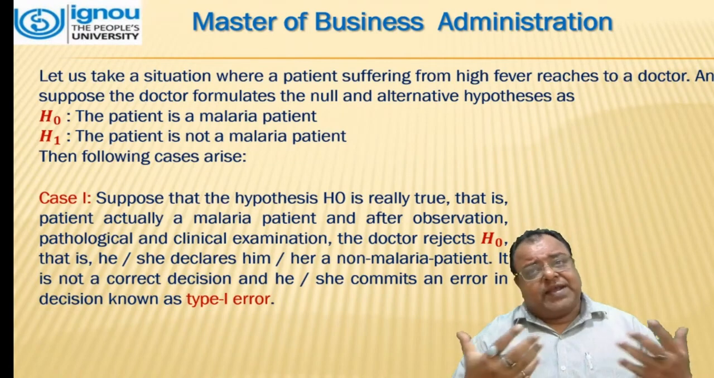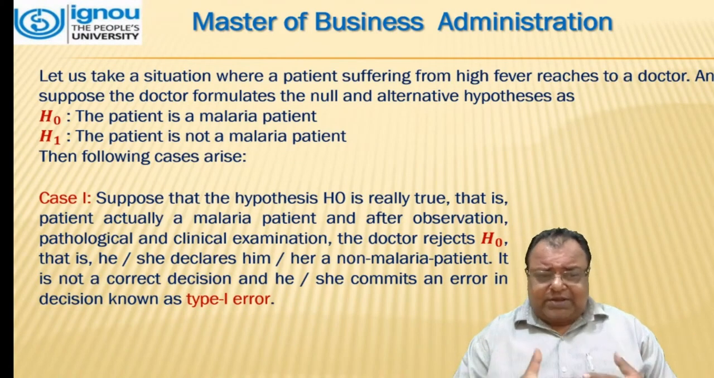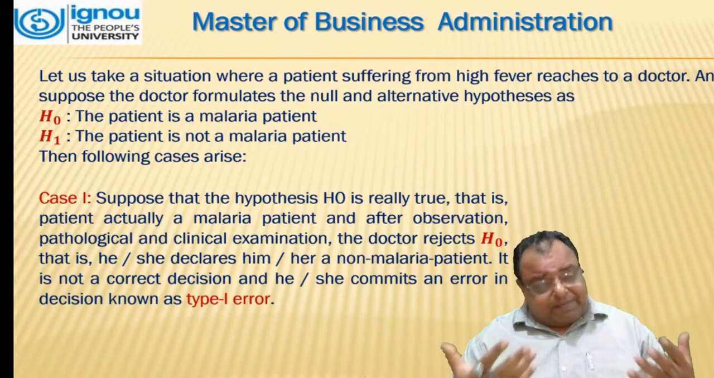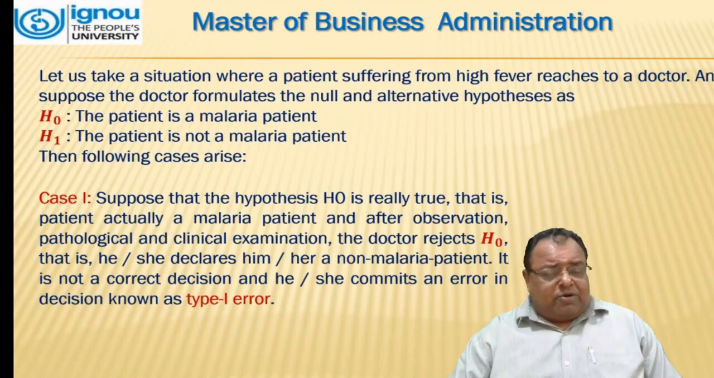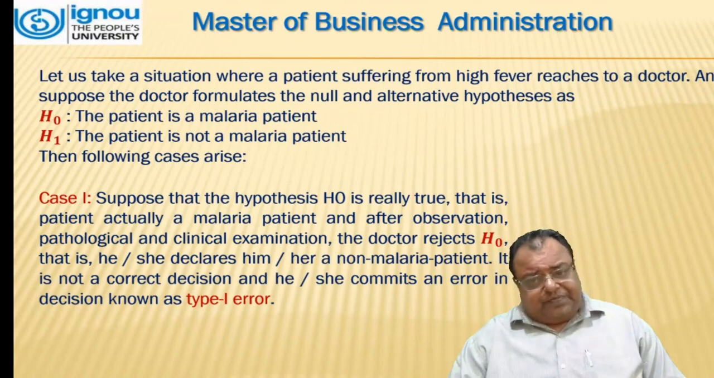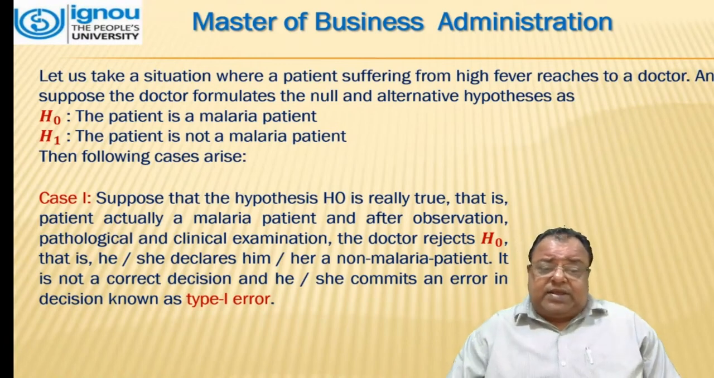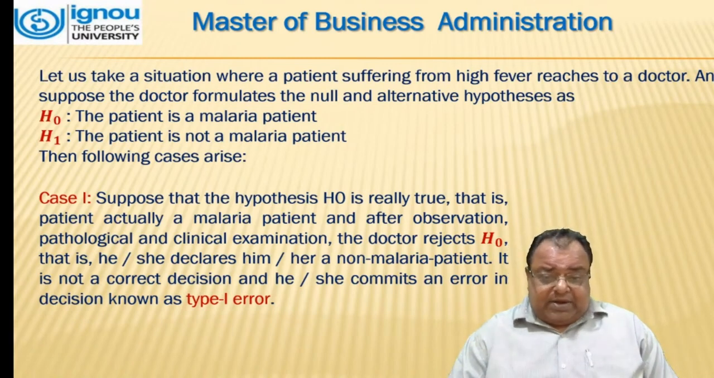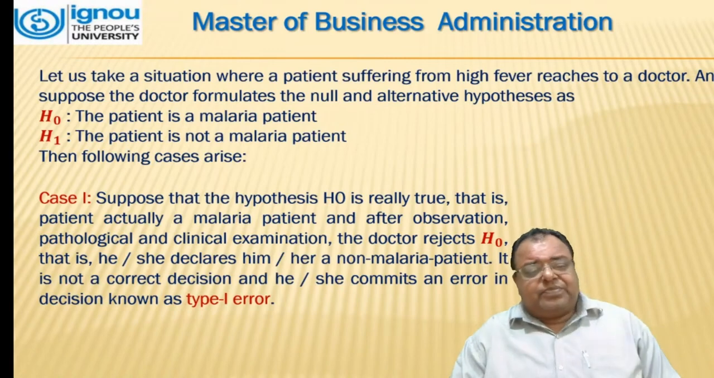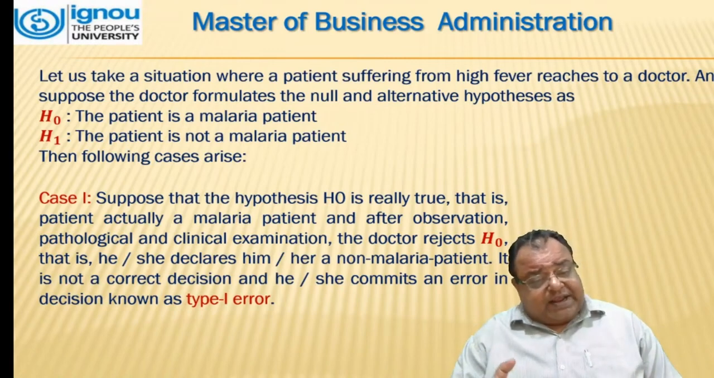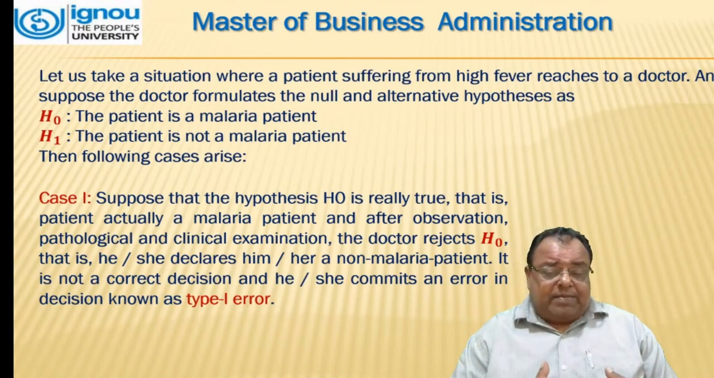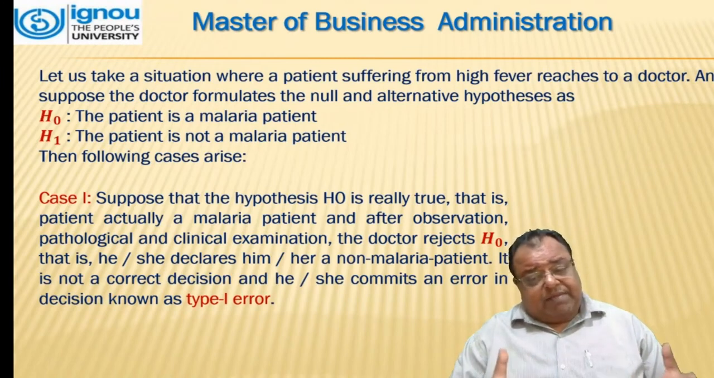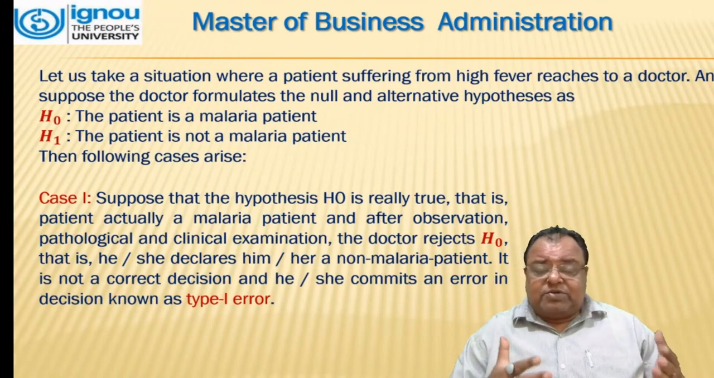Now, what are the different cases? There will be 4 cases. We will see how these 4 cases will be used in our hypothesis terms. Suppose that hypothesis H0 is really true. That is, the patient is actually a malaria patient, and after observation, pathological and clinical examination, the doctor rejects H0. That is, he or she declares him or her a non-malaria patient. It is not a correct decision, and he or she commits an error in decision, which is known as type